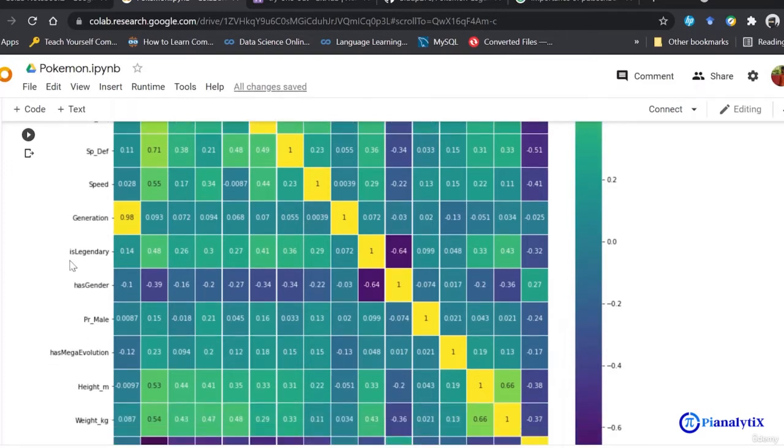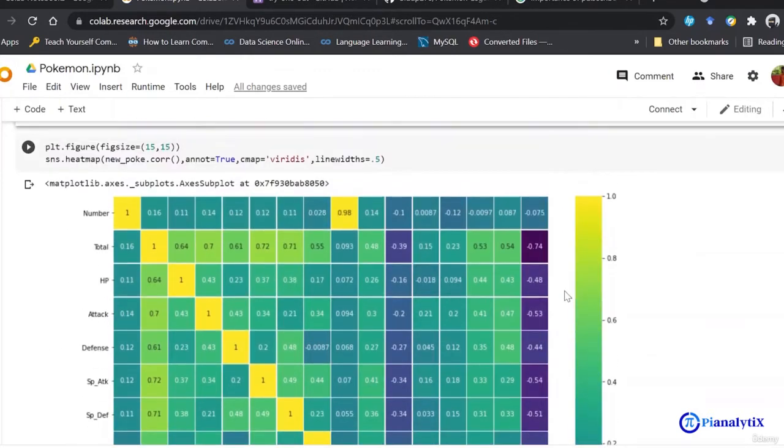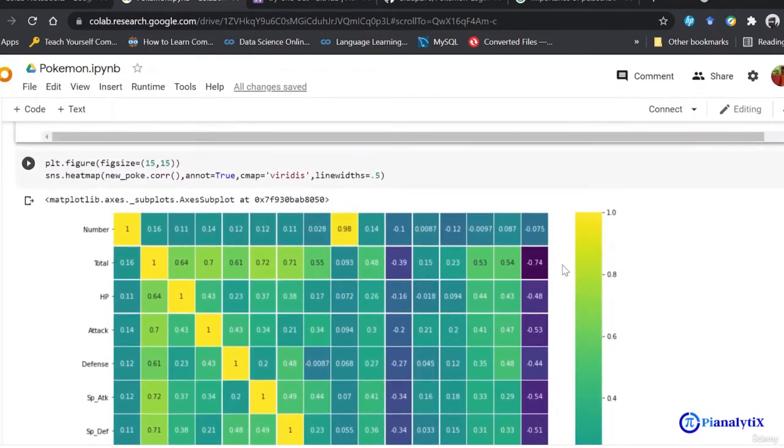It has also included is legendary, treating false and true as 1 and 0, and similarly other columns. Why I have implemented this has a very important reason, which is to understand from my data set which columns are actually useful in training the model.